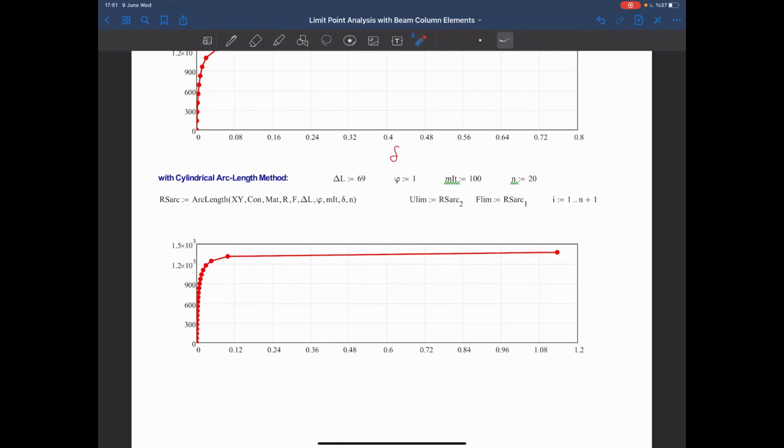And as you see, I got 20 increments. We go with 20 increments, and as we approach the buckling load, again we see a huge displacement between these increments, and that's where we have the limit point. And this 69 times 20, which is very close to this value, gives us the buckling load. I don't have to know it, but once you start solving it with the arc length, again after that point you will see negative